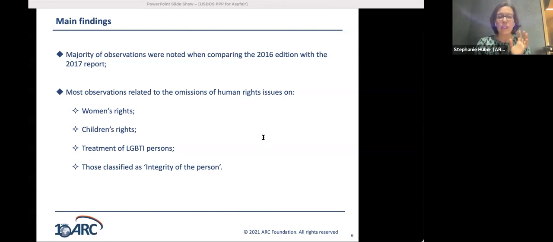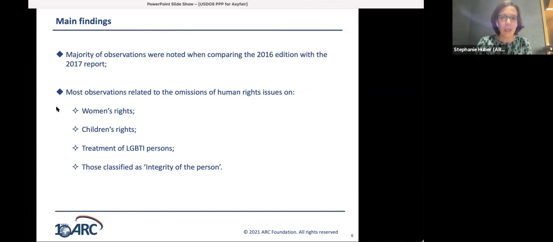And thirdly, most of these observed omissions were in relation to the treatment of women, the treatment of children and LGBTI persons, and those classified as the integrity of the person, so relating to arbitrary killings, disappearances, torture, arrest, and fair trial of individuals. And all of these omissions continue to be documented by other publicly available sources at the time of publication of each annual report. So I'm now going to show you a few examples of these notable omissions, reported improvements, and language changes we